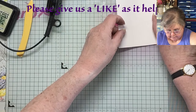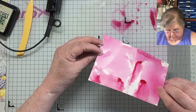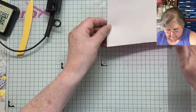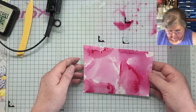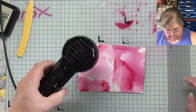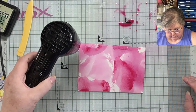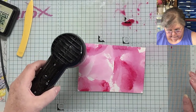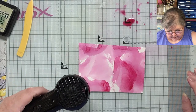See if I can get some of that middle section. You might not want to cover it all, and that's fine. I quite like them when they're not covering everything. Yeah, that's quite nice. It's also very bright. I think it's going to be too bright for our journal, but this is how you learn. Just mess around and play. So I'm just going to dry this off all the way, and then